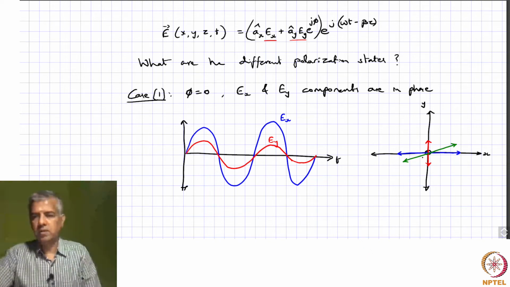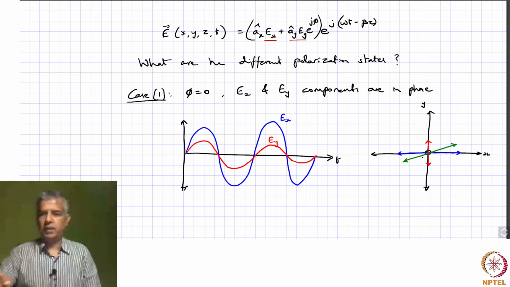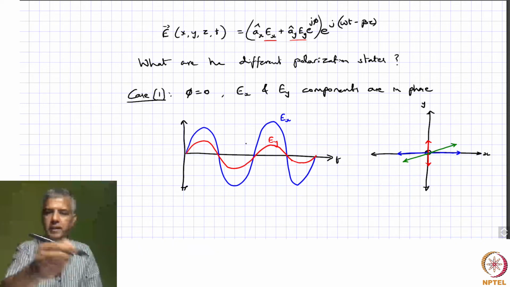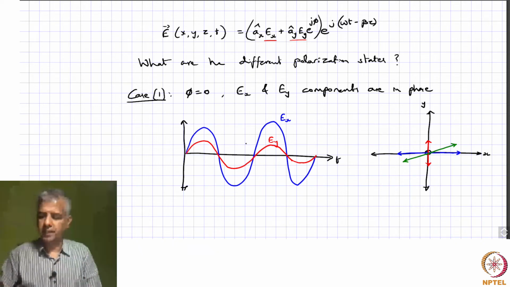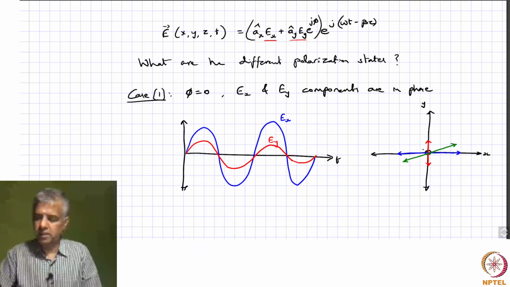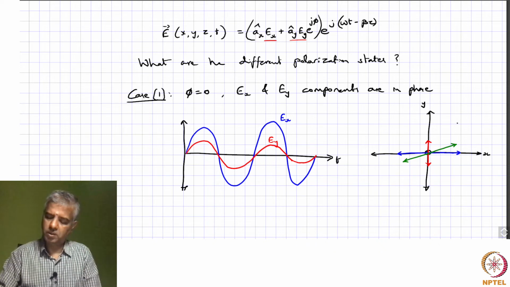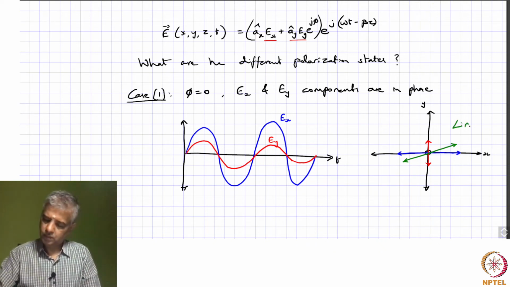So, this is combined. When you are looking at this together, they are combined, oscillating in an orientation like this as it's propagating along this z direction. Okay. So, this is the polarization, and this describes a line as it's propagating. So, this is what you call linear polarization,